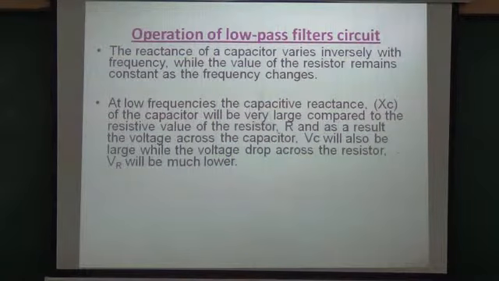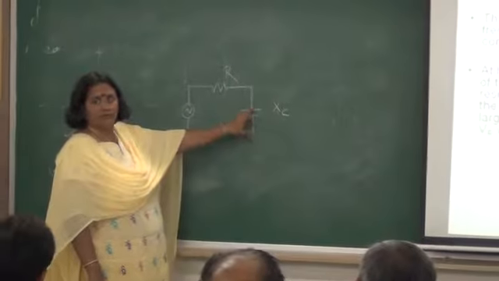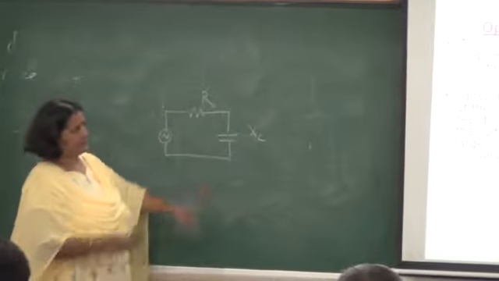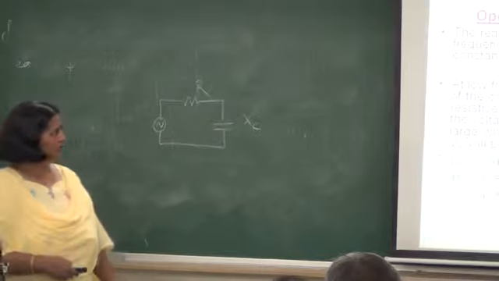Initially near the zero, I have this Xc much larger than R. So almost entire drop will come across this. As frequency increases, Xc starts dropping. So the voltage across this will also start dropping. That is what I want. So